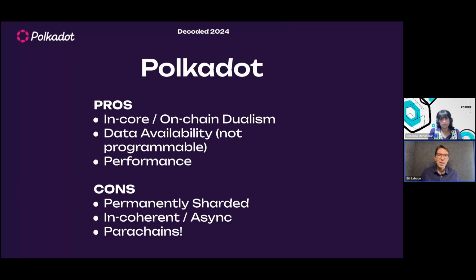Interacting between chains is possible on Polkadot, but it requires a different programming paradigm because it's asynchronous. These parachains themselves can interoperate with each other, but it's an additional process. There's some additional work involved in doing so. Unlike a monolithic blockchain like L1 Ethereum or Solana, where smart contracts can very easily interact with each other, parachains interacting with each other is inherently asynchronous. It's a different way of interacting than between smart contracts, and so you have a more complicated version of what you're trying to do.